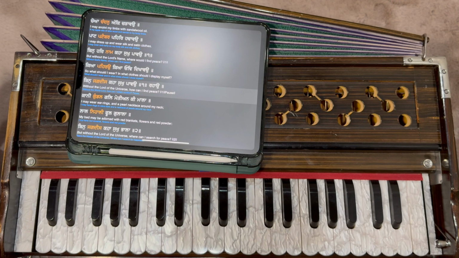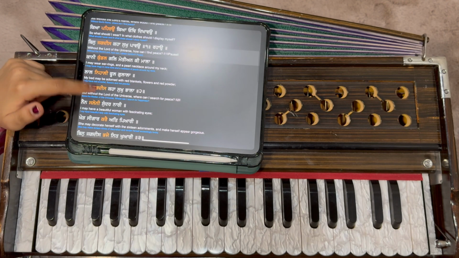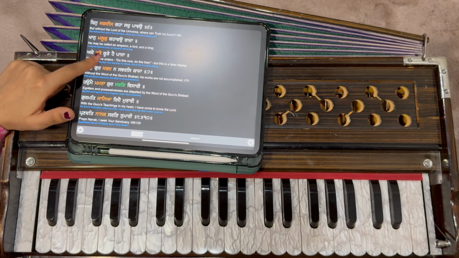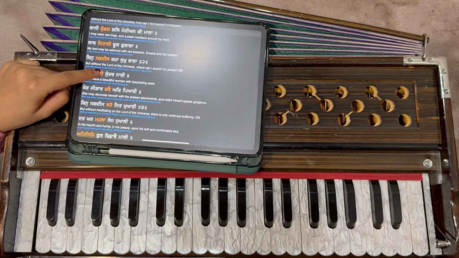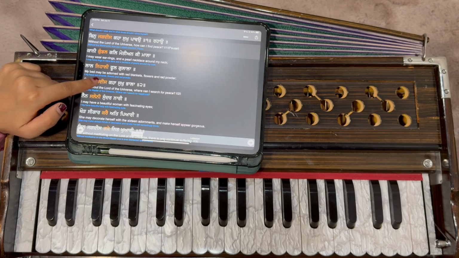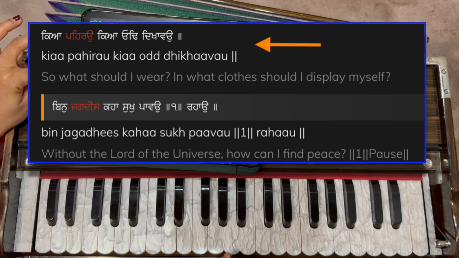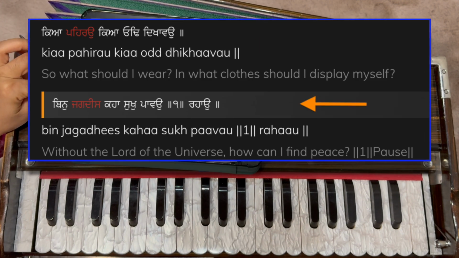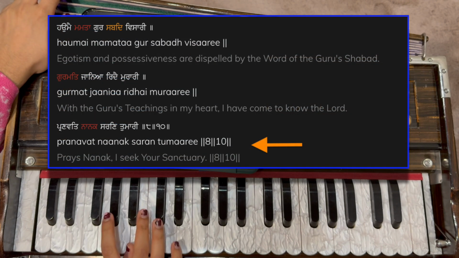The same tune. So that's paragraph 1, and there are 8 paragraphs, excluding the main line. So you're doing this first and then this after every paragraph. For the last line,